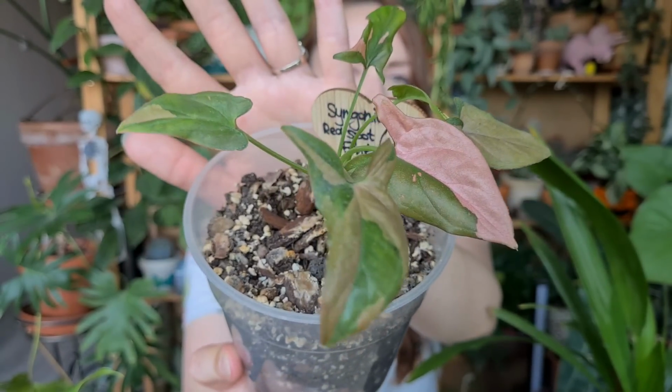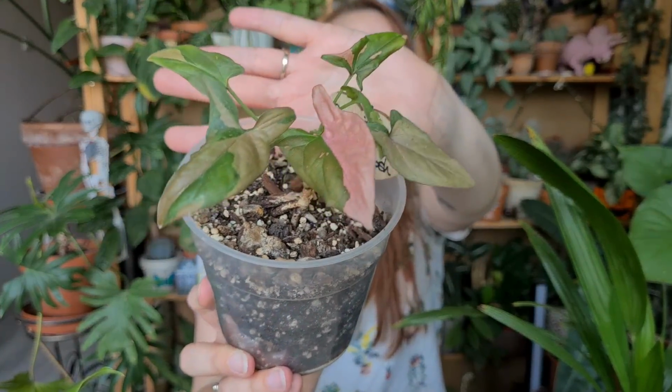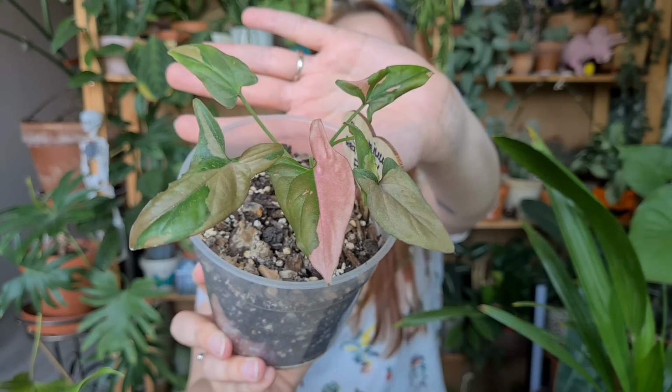I love that the pinkness is coming back, because since it was standing in there and did not receive that much light, it was more on the greener side, and right now, oh, it's coming back, guys. It's coming back. Look at him. So cute. I'm not sure why it's him, but it's him. And he's so flipping cute. Alright,